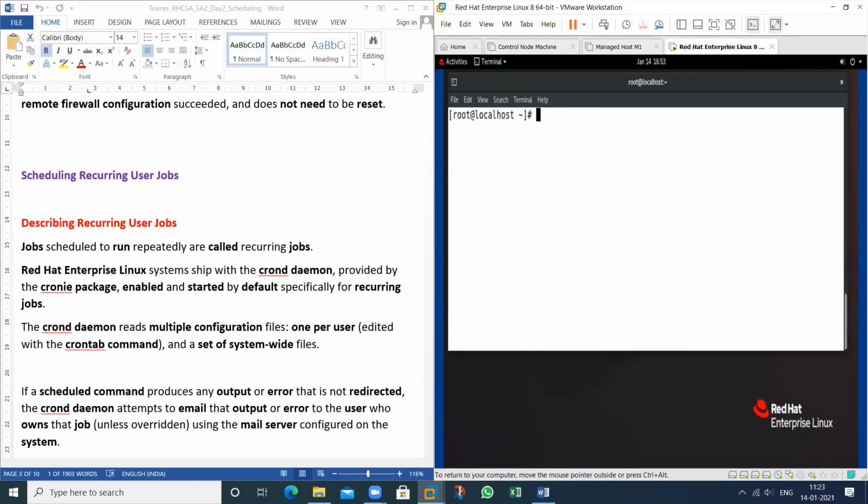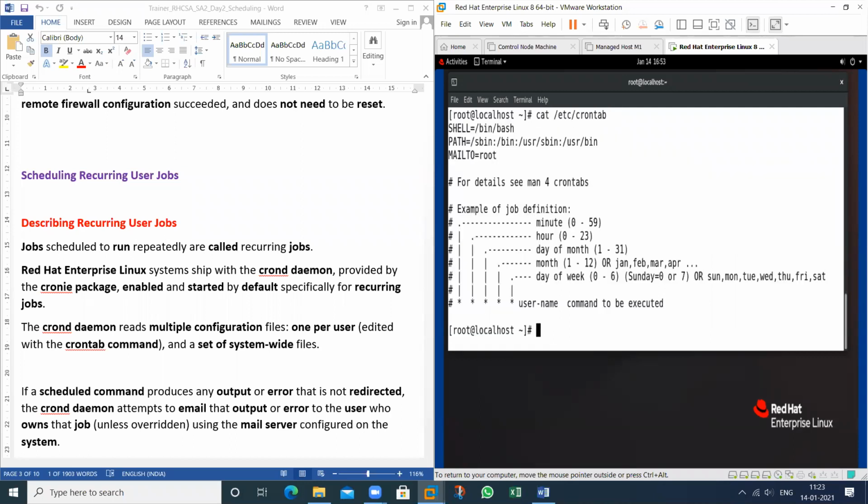Suppose I want to run a task at 16:20, okay, it's done. It means hour 16. So first, what will you type? You just type first 20. Then which particular hour? It means this one. And on which particular month? It means this one. Okay, not this one. This is a date.